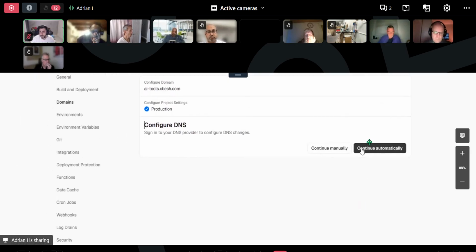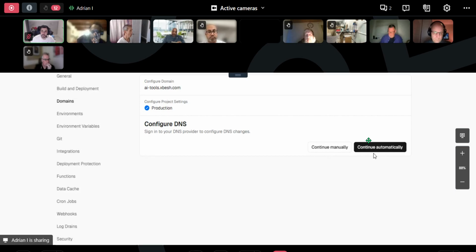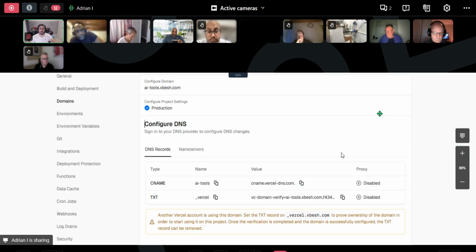Okay, and now you can either continue automatically if you're using tools like, how is that called, Cloudflare. If you're using Cloudflare for domain and DNS management, you can continue automatically and it will do all the things for you. You don't have to do anything. But for example, I don't have access to the Xbesh.com domain because it's on Matt Hav's account.